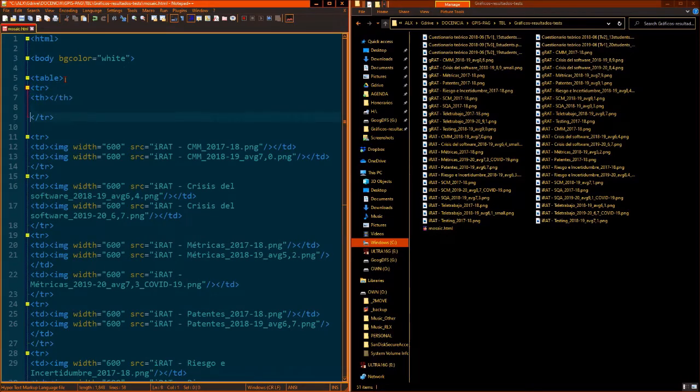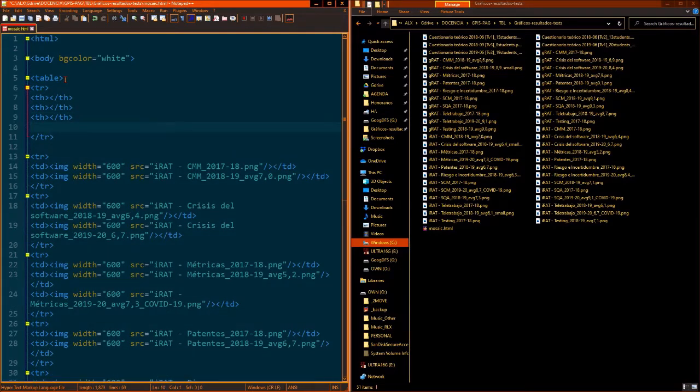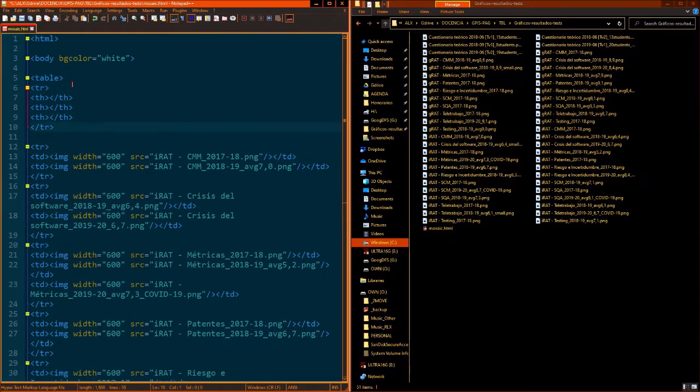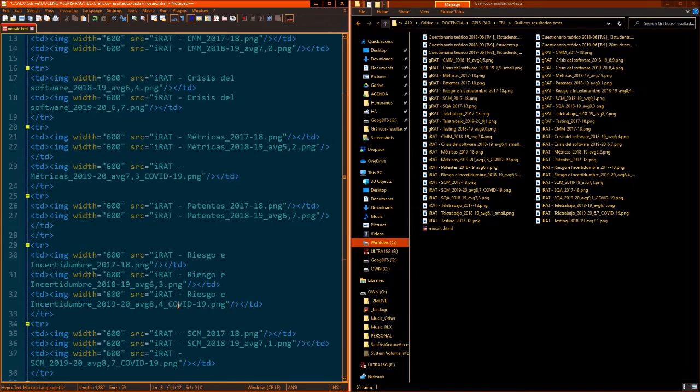I want to make a table with three columns, so I need three headings. The three are going to be the different courses, the different years, 2017-18, 18-19, and 19-20.